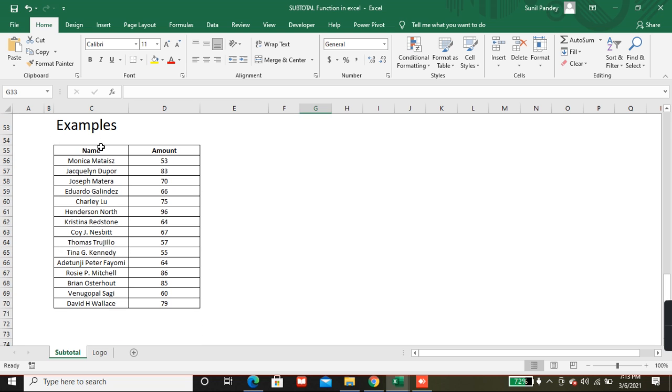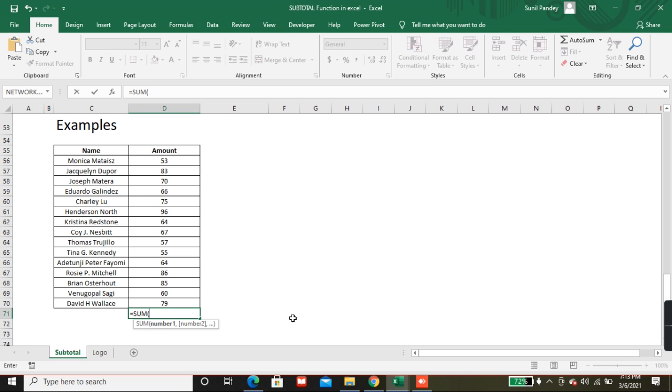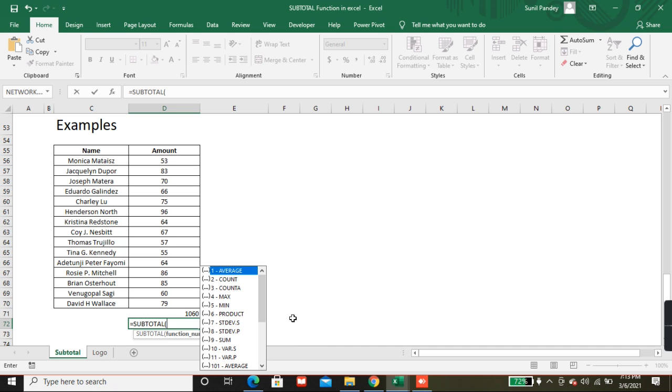I have created data like this, name and amount. If I use a normal sum, it will show like this. And for subtotal also, if I put subtotal, we have a list of functions over here: average, count, counta, max, min, product, and so on.